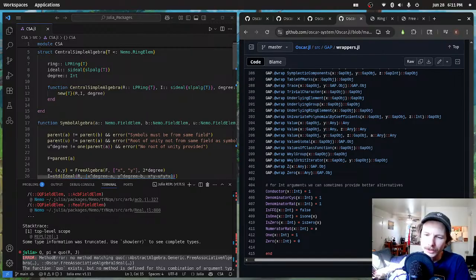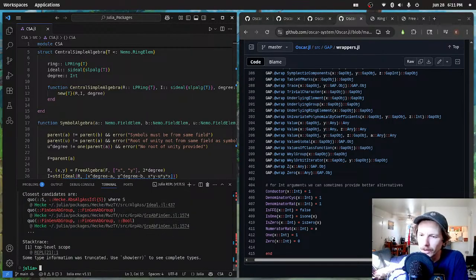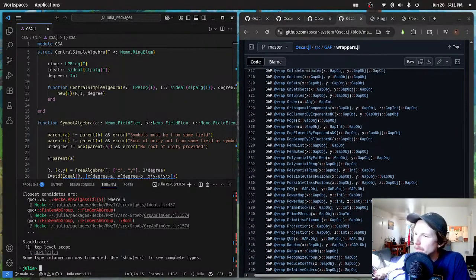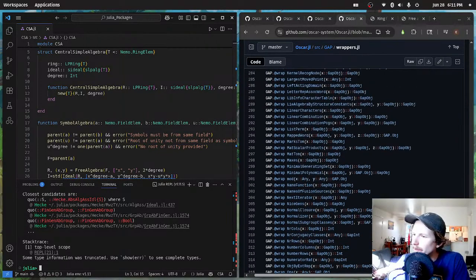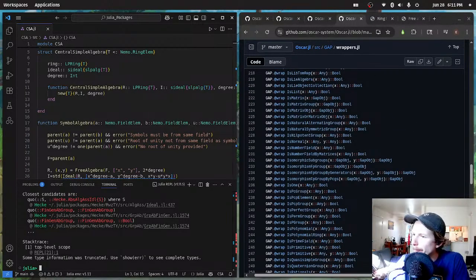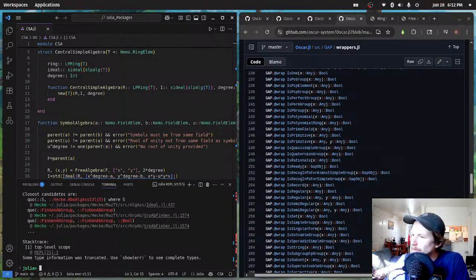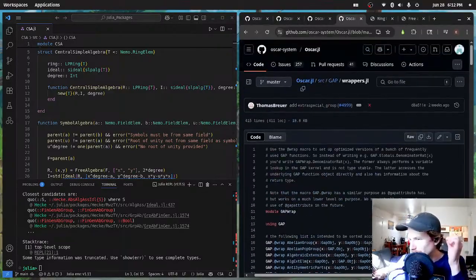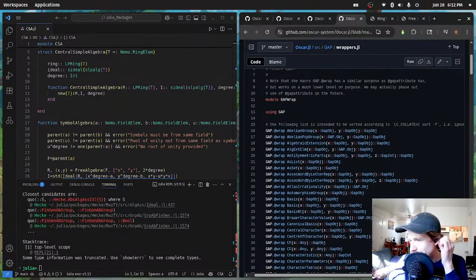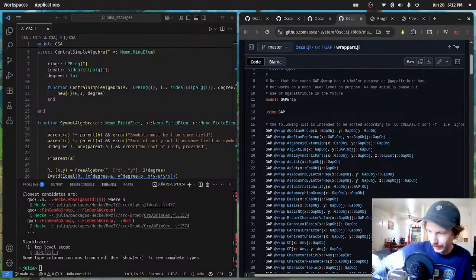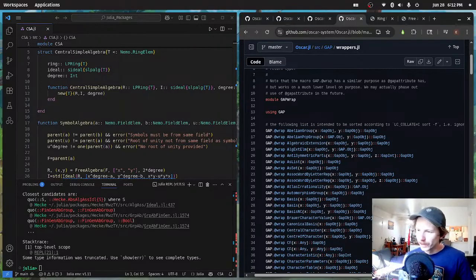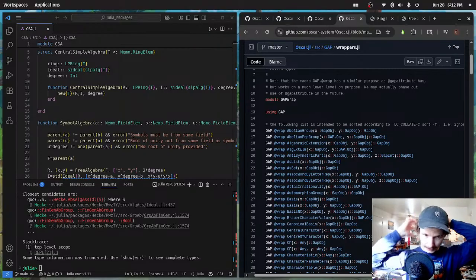A little bit overwhelmed, I'm not going to lie. So this is just me thinking, right? Here's just wrappers for GAP. I don't know how the GAP language works, but one of the things that I want to do, because